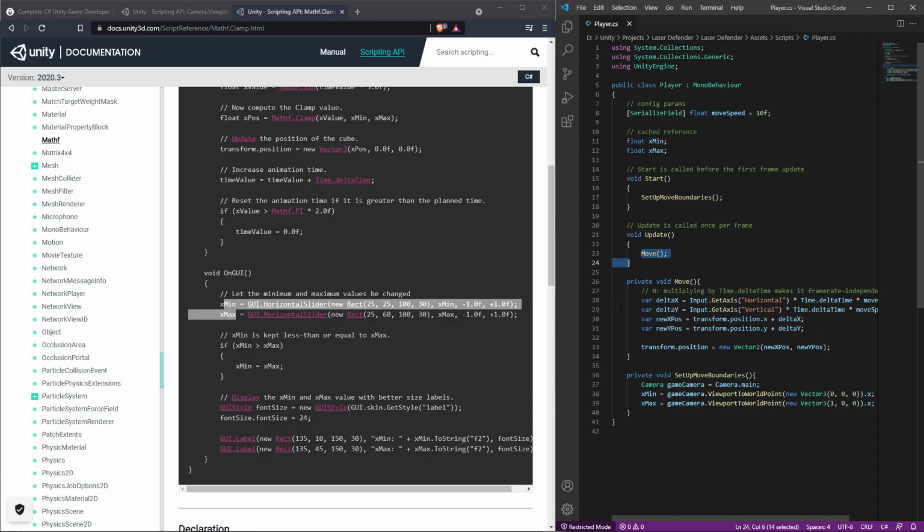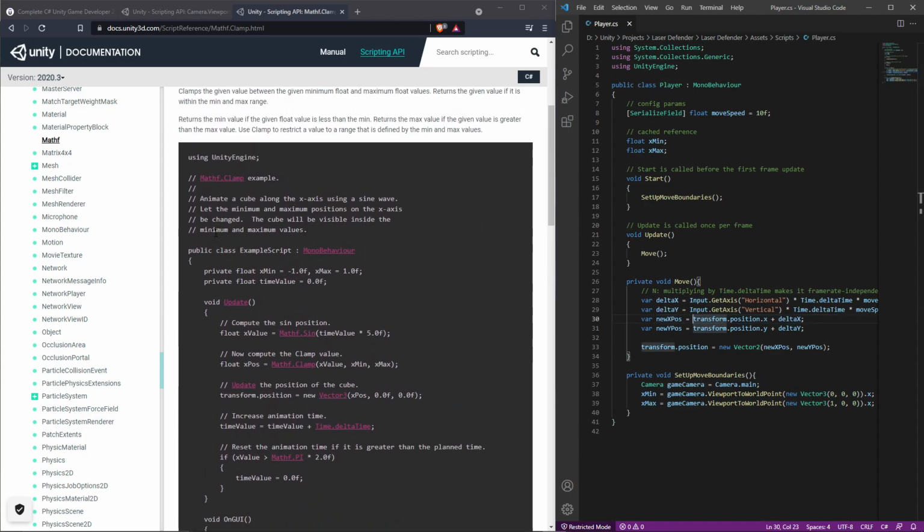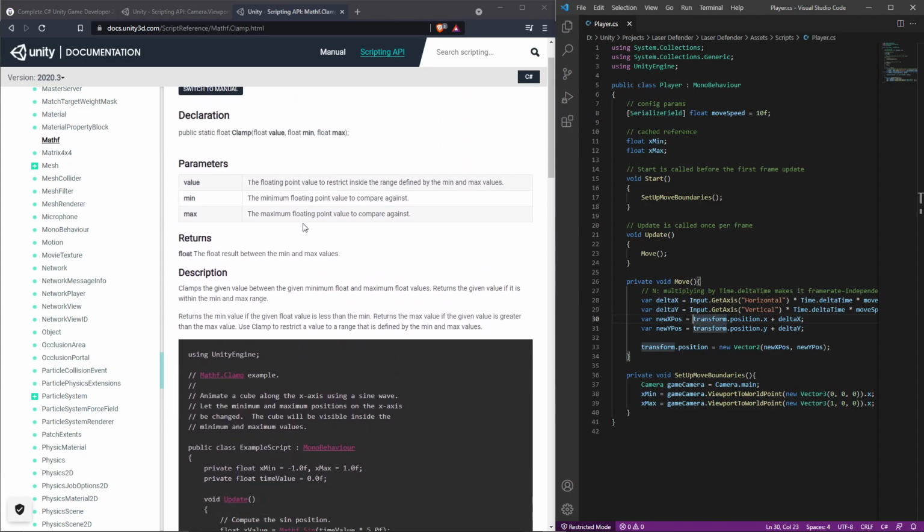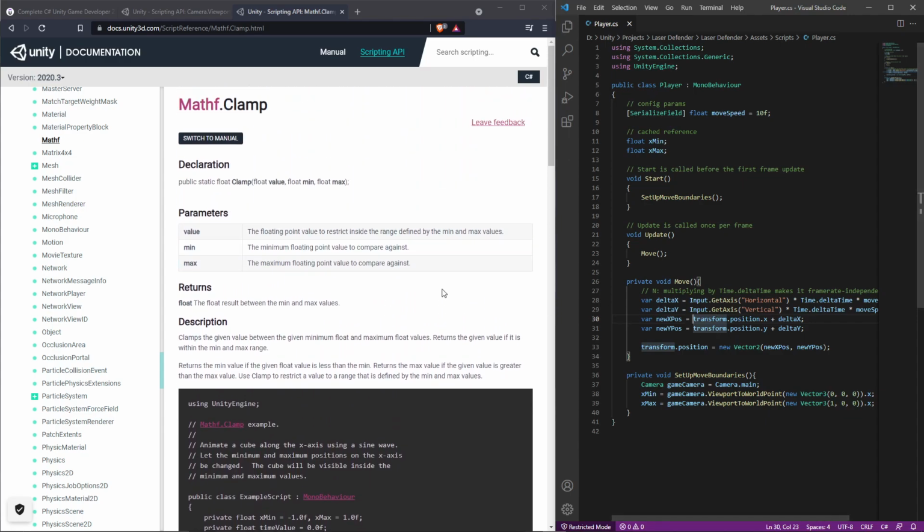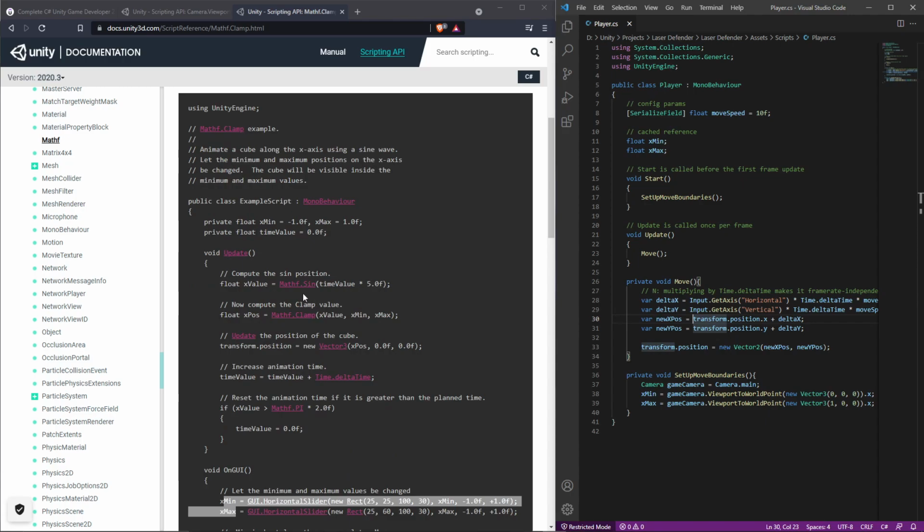So to make sure that new x and new y position are within a certain range, we would need to clamp it here. Do we need any namespace that we have to include? It doesn't seem like it, so I think we're good. So we do need to call Mathf. It's a static method. Mathf dot clamp the value here